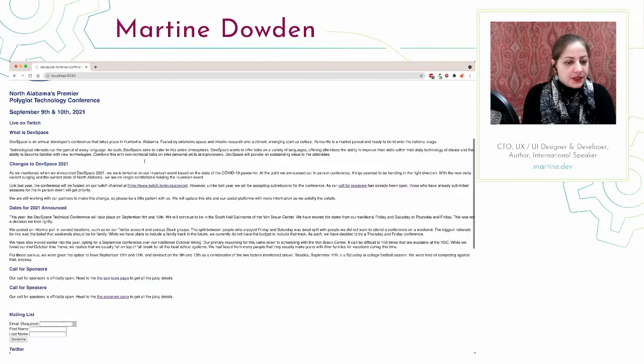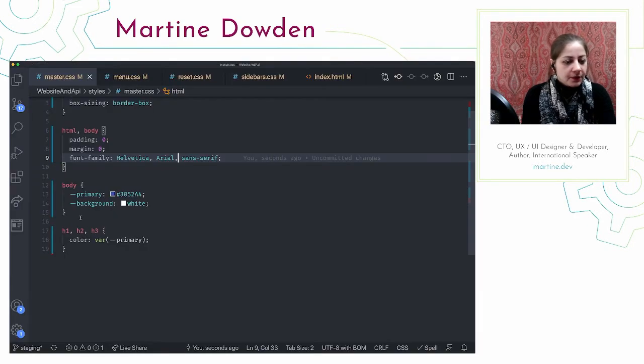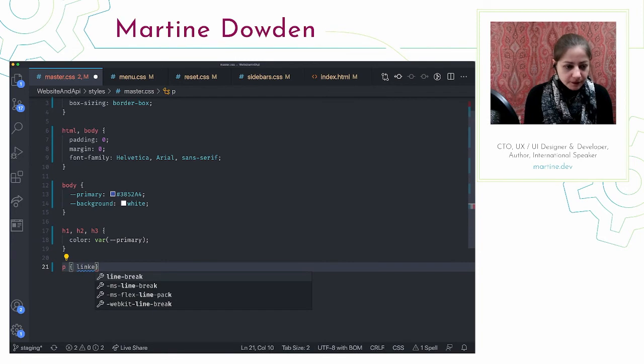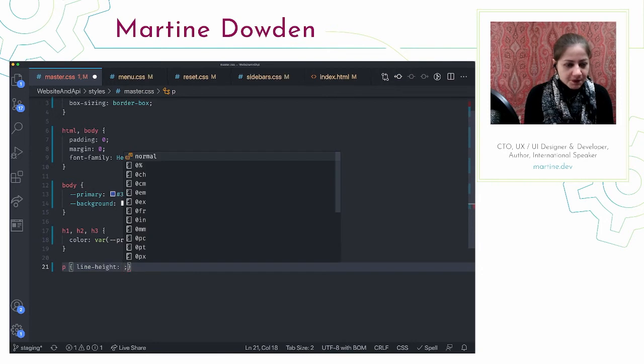The other piece I'm going to do is play with my line height a little bit for my paragraphs because this is really scrunched together. So I'm going to go ahead and say for anything that's a paragraph, I really want a line height to be a little bit high, a little bit more spacing in between. And so as you can see, I can put a number and I can put a unit, but if I put in a unit, that's a fixed size.